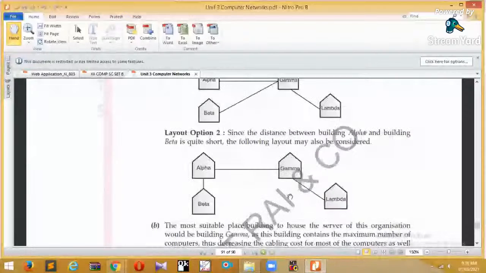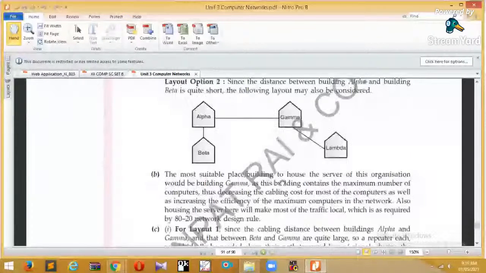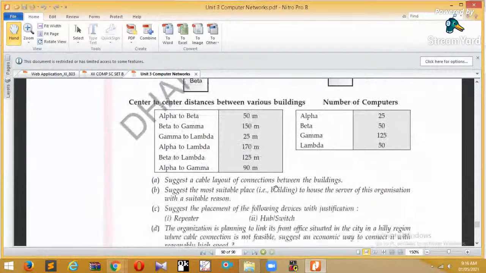So when we are using this kind of network, this is one architecture, or one cable layout. A second layout is also possible: gamma is in between, on one side lambda is connected, on the other side alpha, and from alpha, beta is also connected. These are the two possible layouts that we can draw for these buildings. The next question is there,